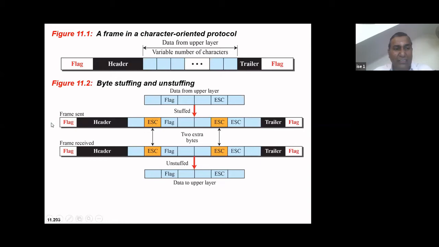So whenever the receiver starts reading, it will see the flag first. Then it reads the header. You got the idea? Then it starts reading this part. Now it sees the escape pattern. That means it understands that these escape bits have been put over here to show that either the flag bits or the escape bits, which are very similar to this, are part of the data. So here an escape character is put, and this flag will now be taken by the receiver as part of the data.